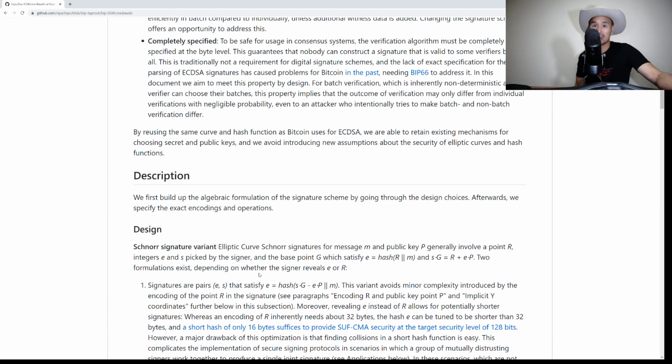We could move to another curve. A popular one is something like EdDSA, Ed25519, that's using EdDSA that Monero uses and some others use, but that's not even an elliptic curve. I forget what the curve is called, but it's a different type of curve and it uses a different formula. But by keeping the security properties as close to the current signature scheme as possible, we don't have to add any new assumptions or be exposed to anything more than we currently are.